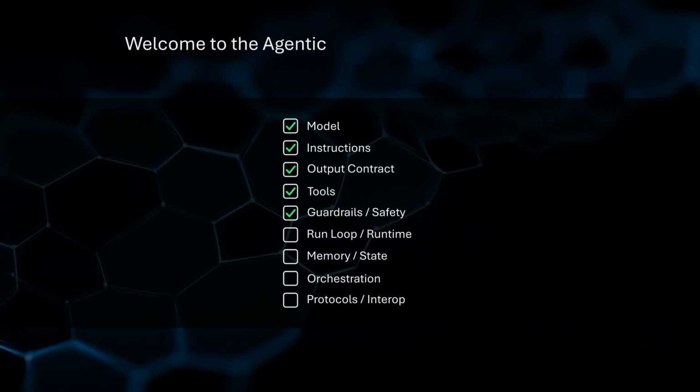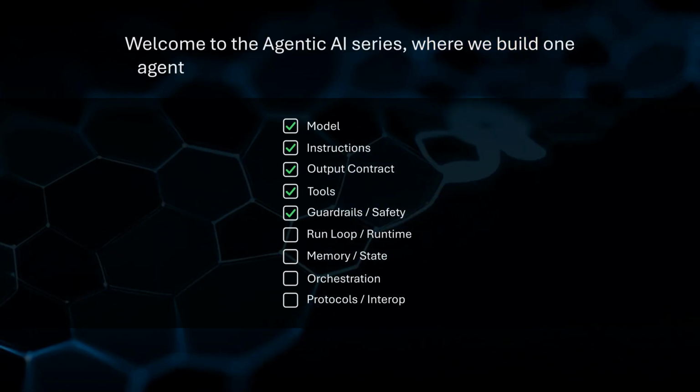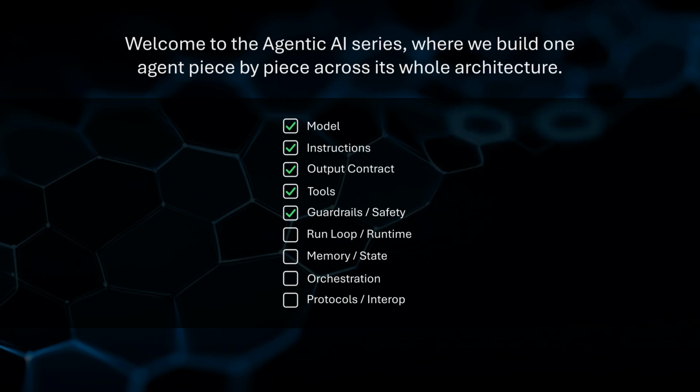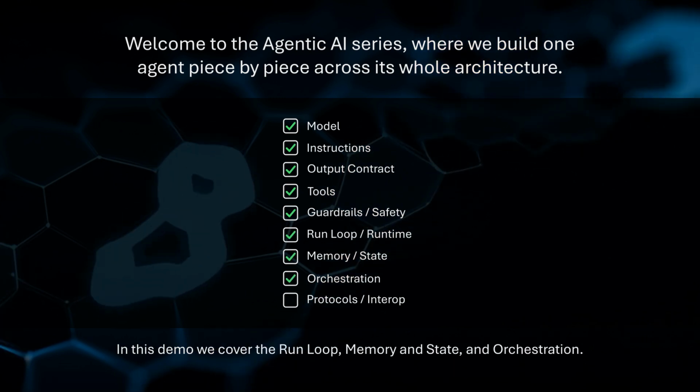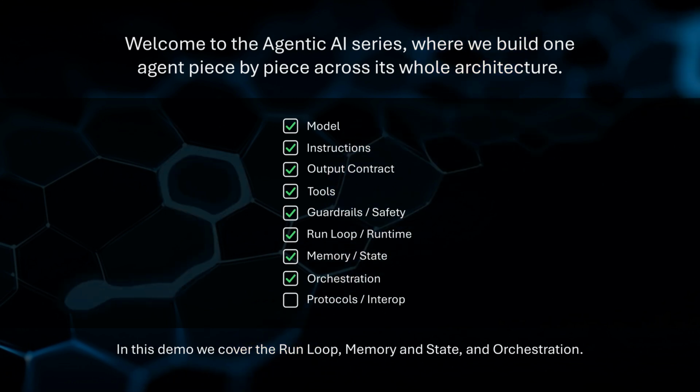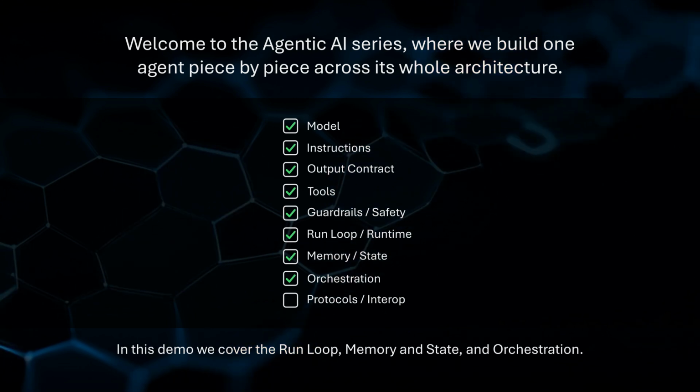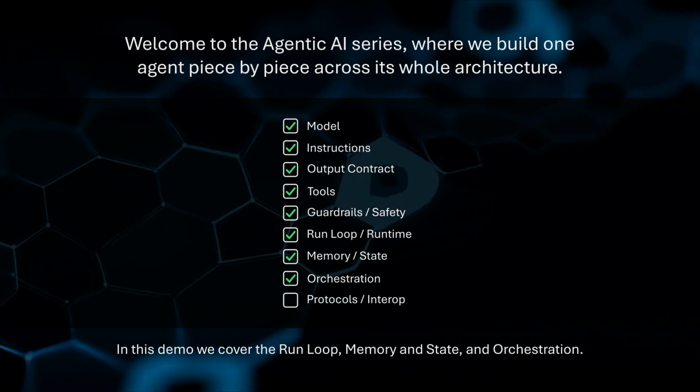Welcome to the Agentic AI series, where we build one agent piece by piece across its whole architecture. In this demo, we cover the run loop, memory and state, and orchestration. This is the big one, because a real agent is more than a single call, it's a process, and that